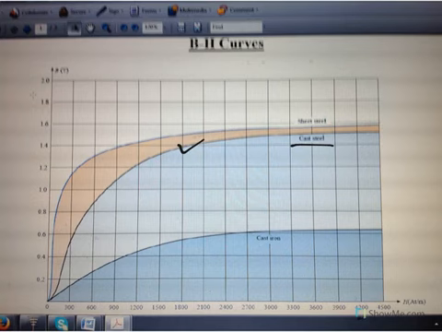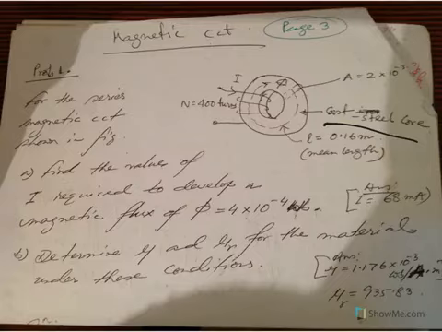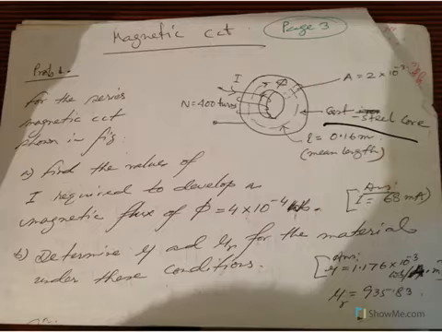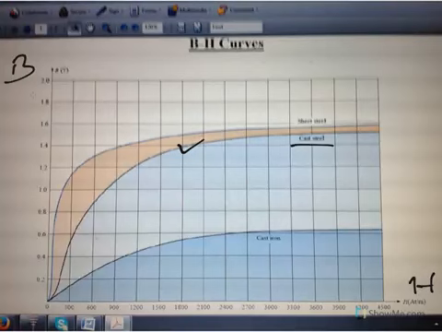We can see the B is this, and this is B, and this is H. So we got B equal to 0.2 Tesla. So we have to find the corresponding H. Look, go to that 0.2 Tesla is here. 0.2 Tesla is here, and the corresponding